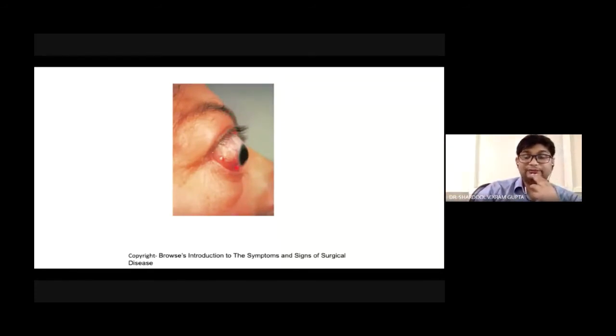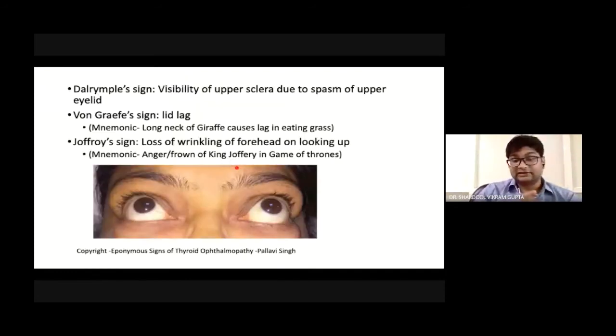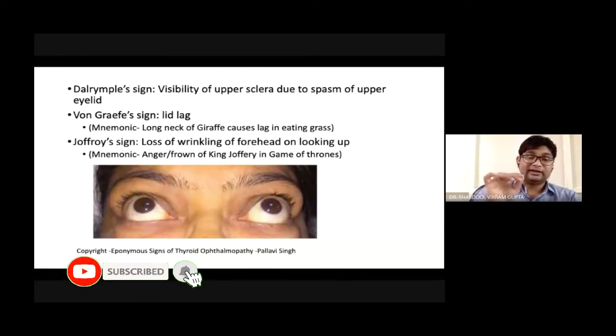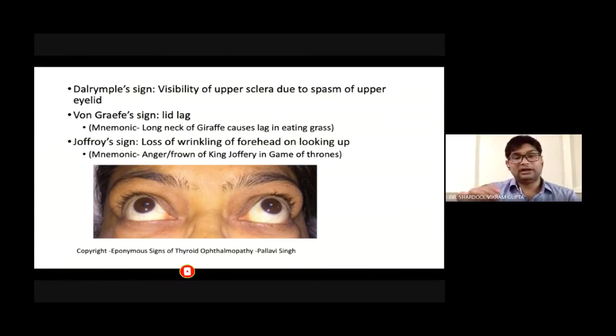This is exophthalmos. Now coming to various eye signs, you will be asked about them both in the NEET entrance examination and in your professional examination as an important theory question: write about the eye signs of hyperthyroidism or toxic signs of hyperthyroidism. This is an important NEET question as well as a professional exam question as well as a clinical examination question. So this lecture is very important from all points of view.